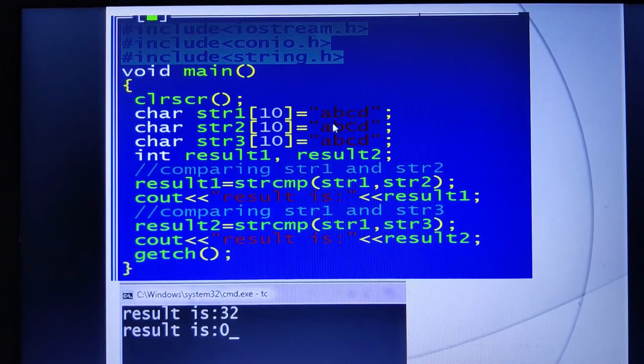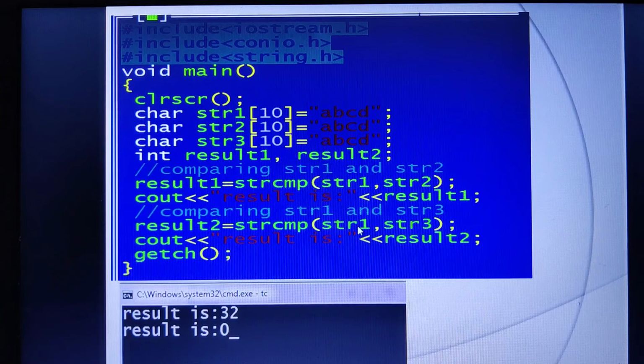Then again it comes to the small d. What is its ASCII value? This will be 100. This is 100, and this is also 100. So everything remains the same, so there is no further difference. Only this difference it will calculate, and it will give me the answer as 32.